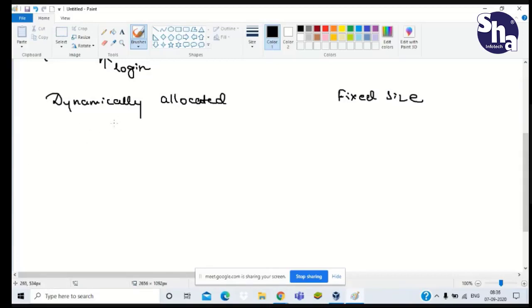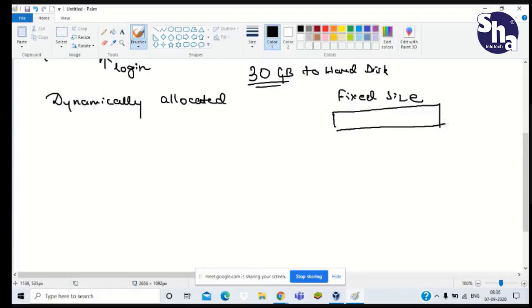Suppose I am providing a size of 30 GB to the hard disk. Then in fixed size, if we choose this fixed size, what happens here? All the 30 GB will be taken by this. And if you do certain tasks, then it will fail after that.